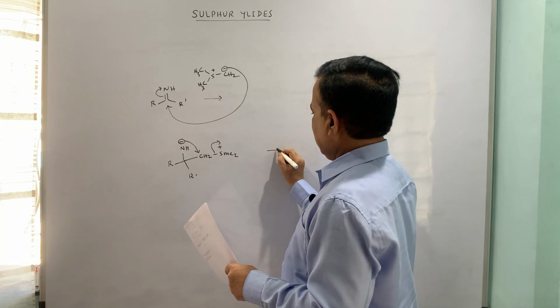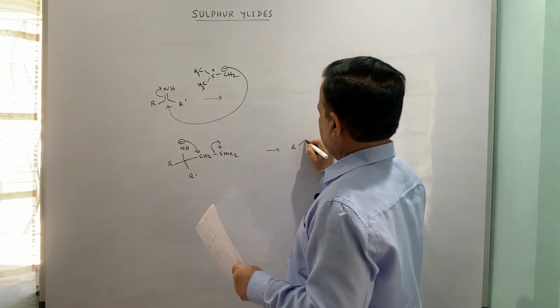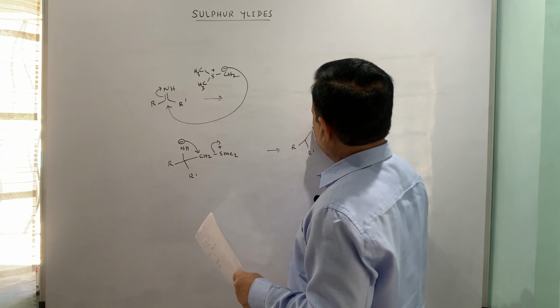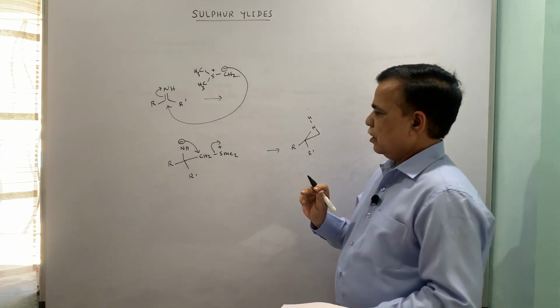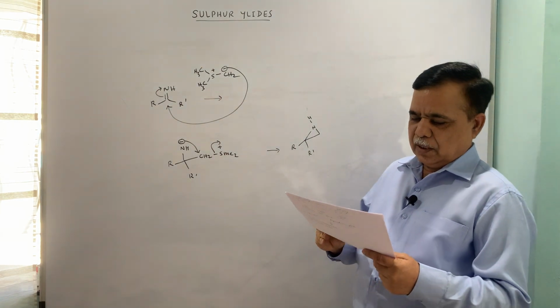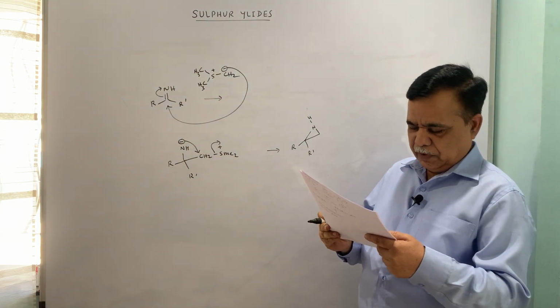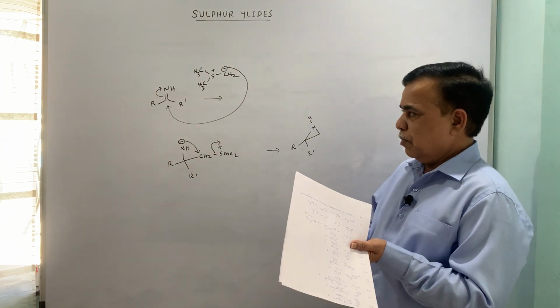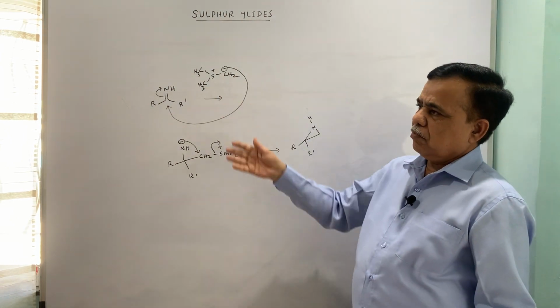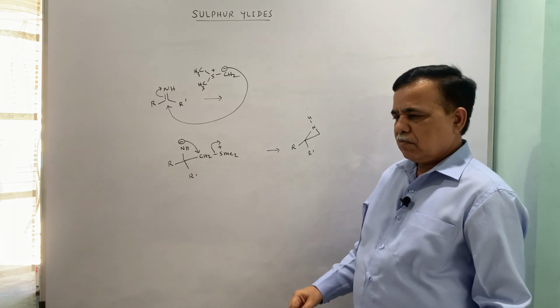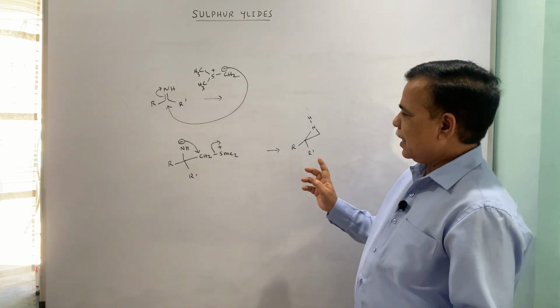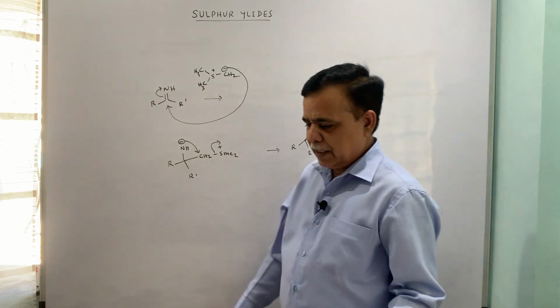So this is a 3-membered ring which is having the nitrogen, and of course this is the intervening methylene. So aziridine formation is also possible when you are working with these kinds of compounds. So aldehydes, ketones, conjugated aldehydes and ketones, even imines can react to form the aziridine ring.